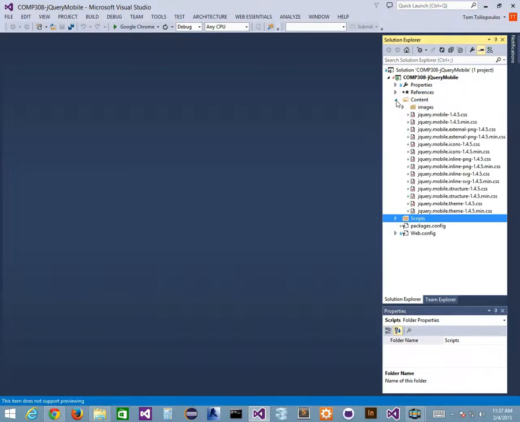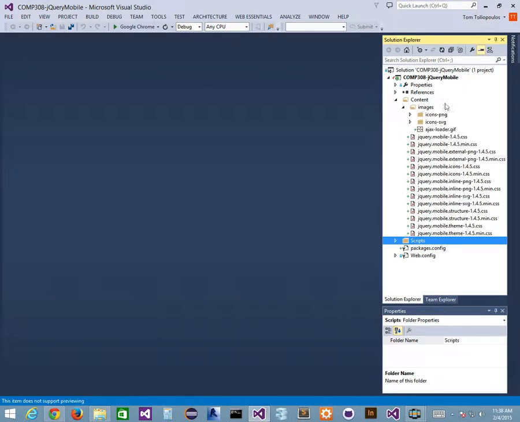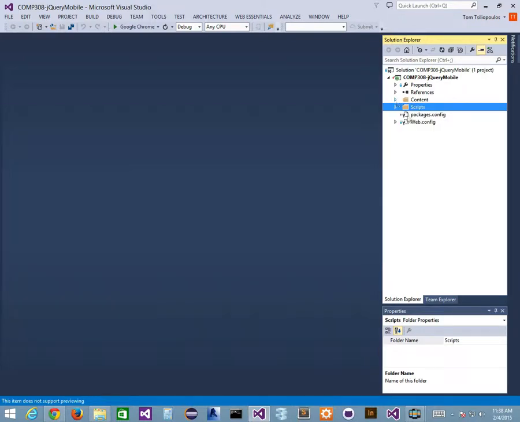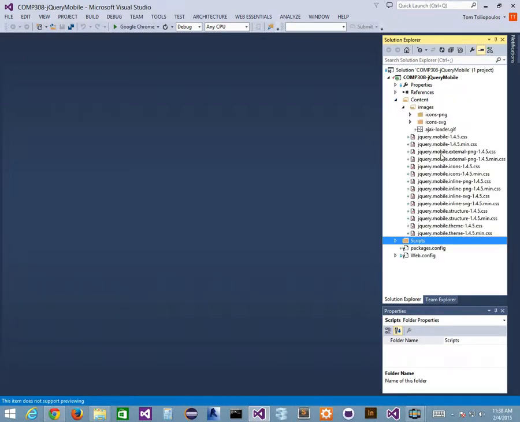And my Content is all the CSS pieces that I need. This is all the CSS that I need for jQuery and jQuery Mobile. Typically, I'd want my content folder to be my CSS, but Microsoft likes Content as a place where it holds its stuff. I simply could leave it this way, because it also includes images for icons and all this other stuff. If I use NuGet to do it, my CSS, if I looked at my jQuery Mobile CSS that's in here,